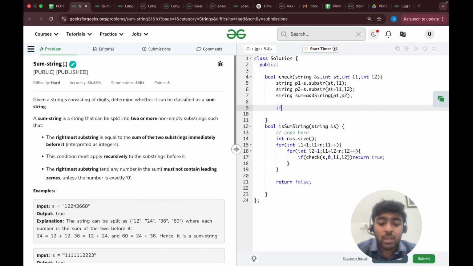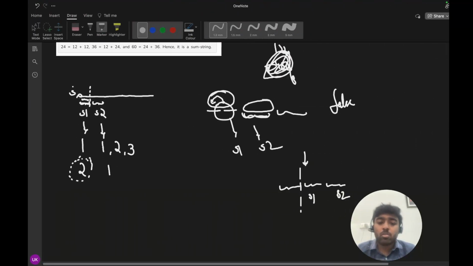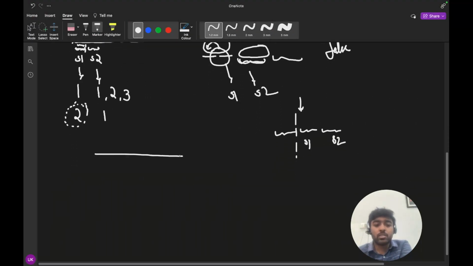Now I will see that L1 plus L2, the two parts, plus from where it was starting, plus this sum dot size, because let's suppose this is a string, I am starting from here, my L1 is this, L2 is this, and expected is this. So I have to check that after adding all the lengths, it should be less than n.